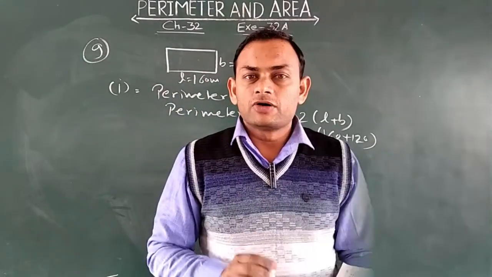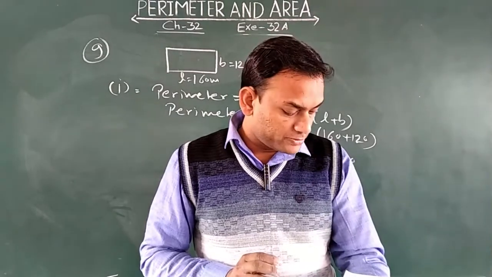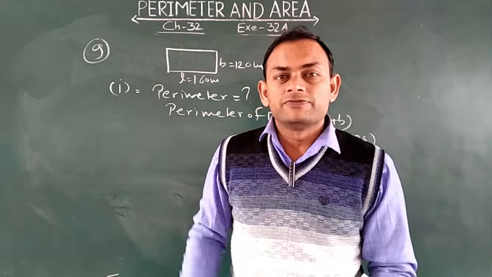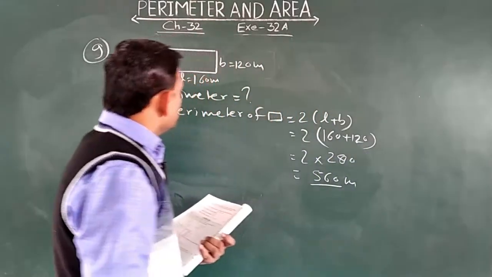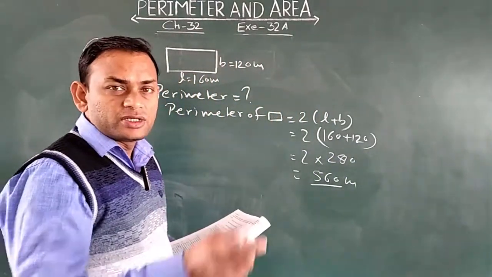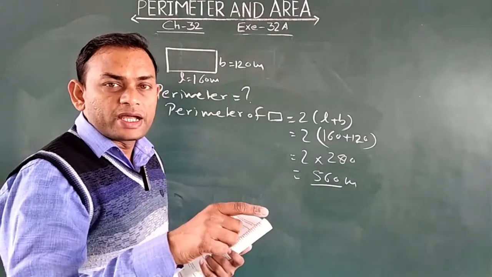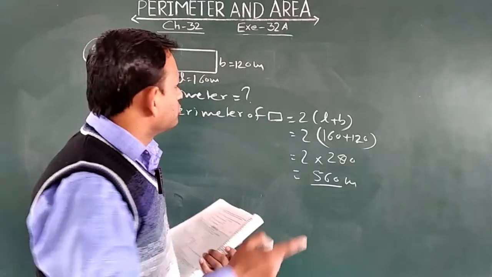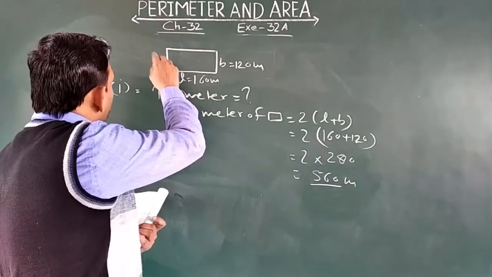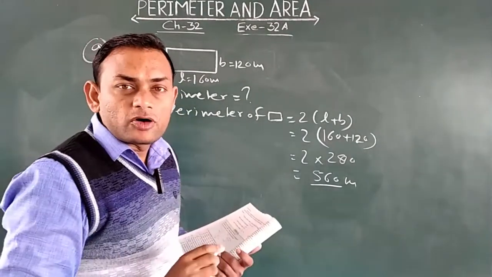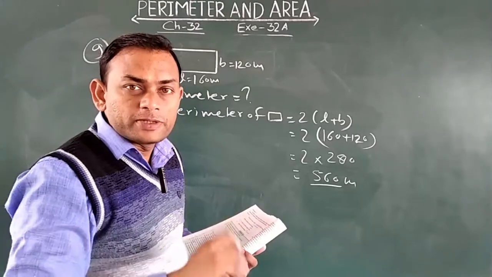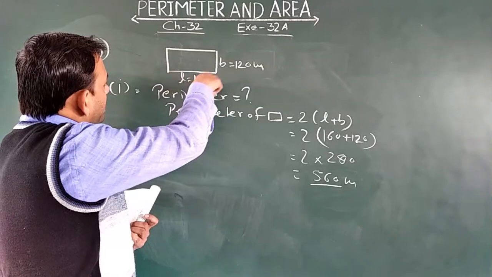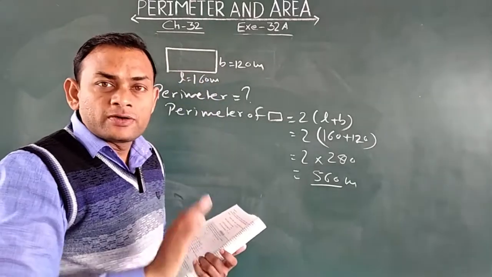Got it? Now the second part of this question is saying what will be the total length of fence required to enclose the given field. Okay, what is fencing? You must have seen some fields where people tie some rope and wire around their field for protecting it from cattle. That is called fencing. So what will be the total length of that rope and wire which will be tied around that field?